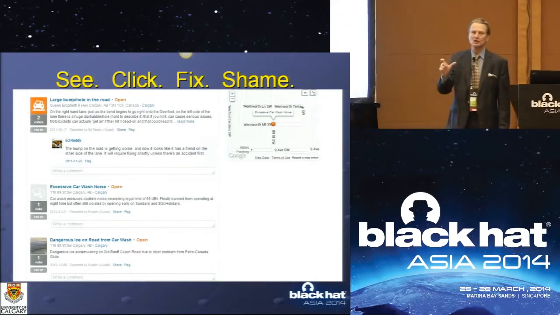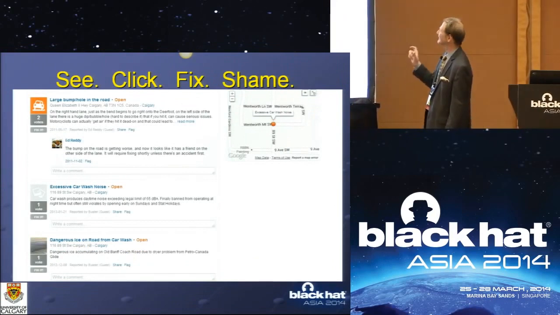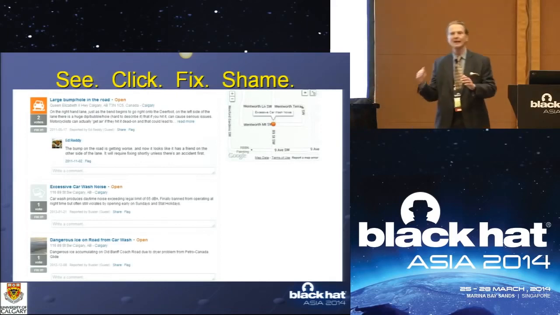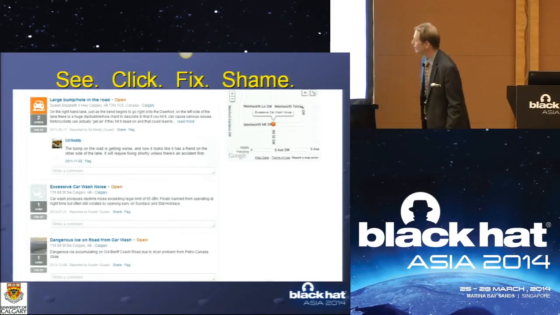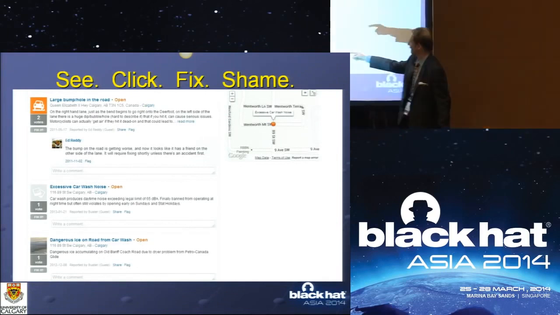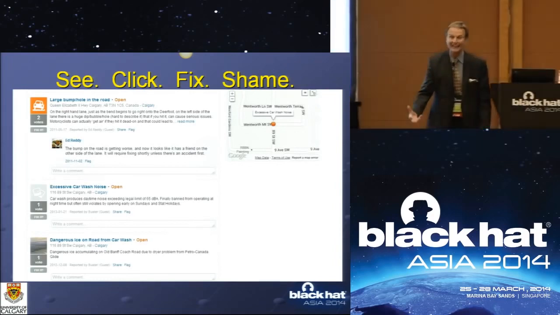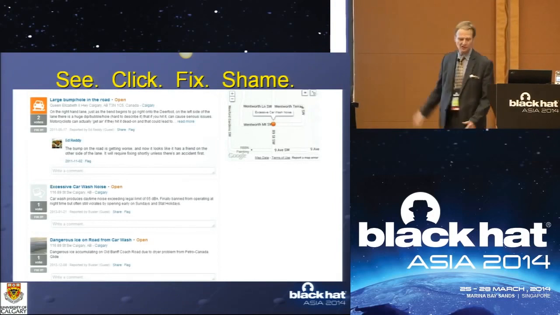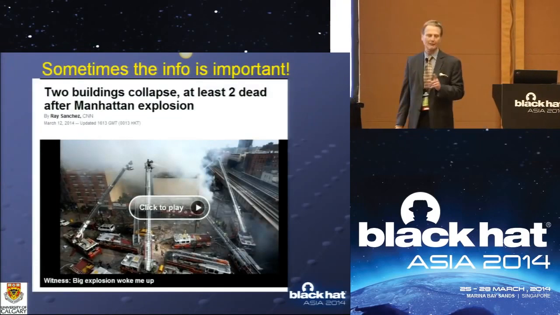This is actually a service that runs in many cities, certainly in North America, called SeeClickFix. If you go to SeeClickFix.com and put in a city like Calgary, you can either report a problem or you can read about a problem. I want to show you that people will complain about stuff. Here we have 2 different complaints about the same car wash. Obviously, there's somebody who doesn't like the fact that there's a car wash in his neighborhood, and we can kind of track on this system that he's complaining about it. So, people are complainers. Sometimes, though, this information is important.